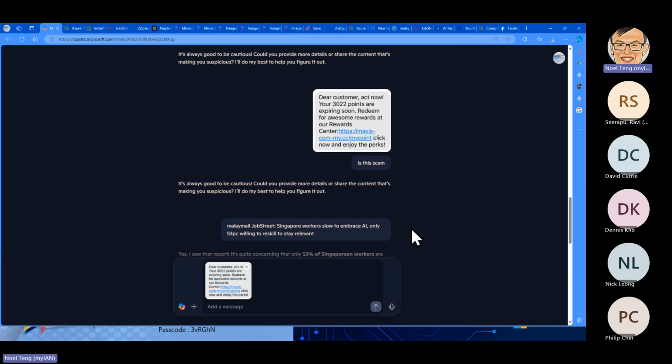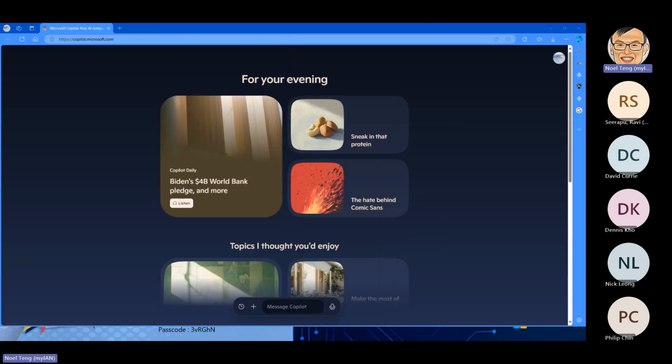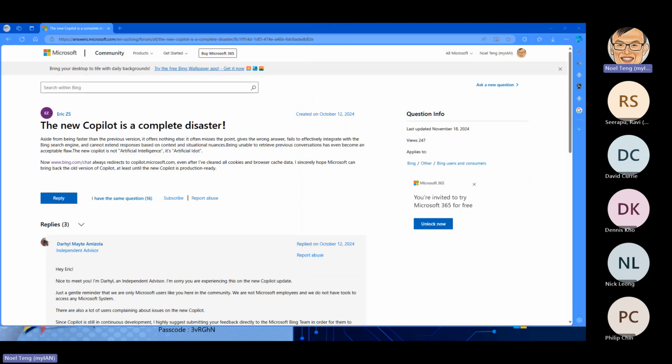So same scam message. Quite sad. Now, this is a problem statement that I'm trying to address. Okay, it's still sick. Its best is still very poor. Very unacceptable. So what I wanted to do next is just to walk you through a couple of scenarios